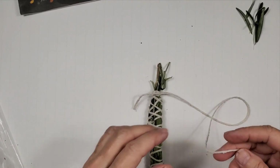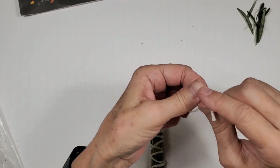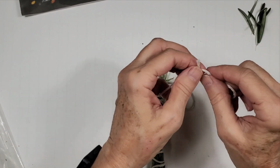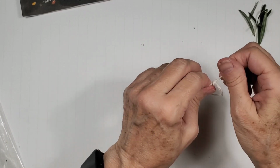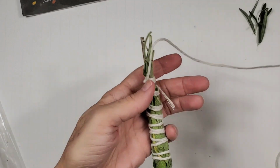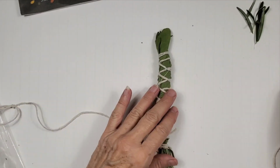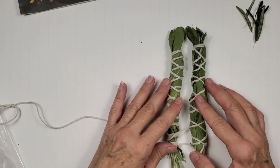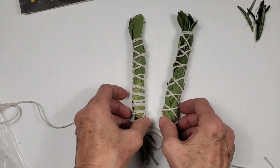All right, so we've got this. So now we want to tie a knot like this and like this. And this will be the knot by which we hang our rosemary to dry. So this one came out pretty fat, and this one didn't. My next project is just going to be,